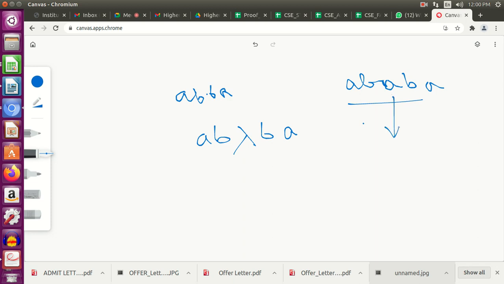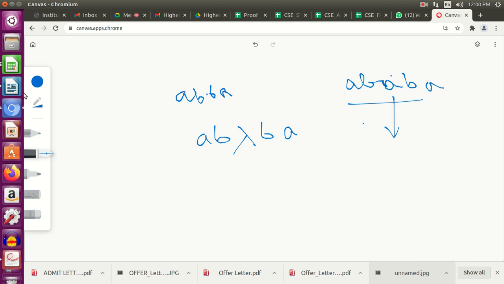This is the middle point, the middle A. But the trick is, how do you understand that A is the middle point? Because it's not a different symbol, it's a symbol which is part of the string itself. You have A here also, A here also. How to understand? That is why this construction is a bit complex, and therefore the flavor of non-determinism has been added here.